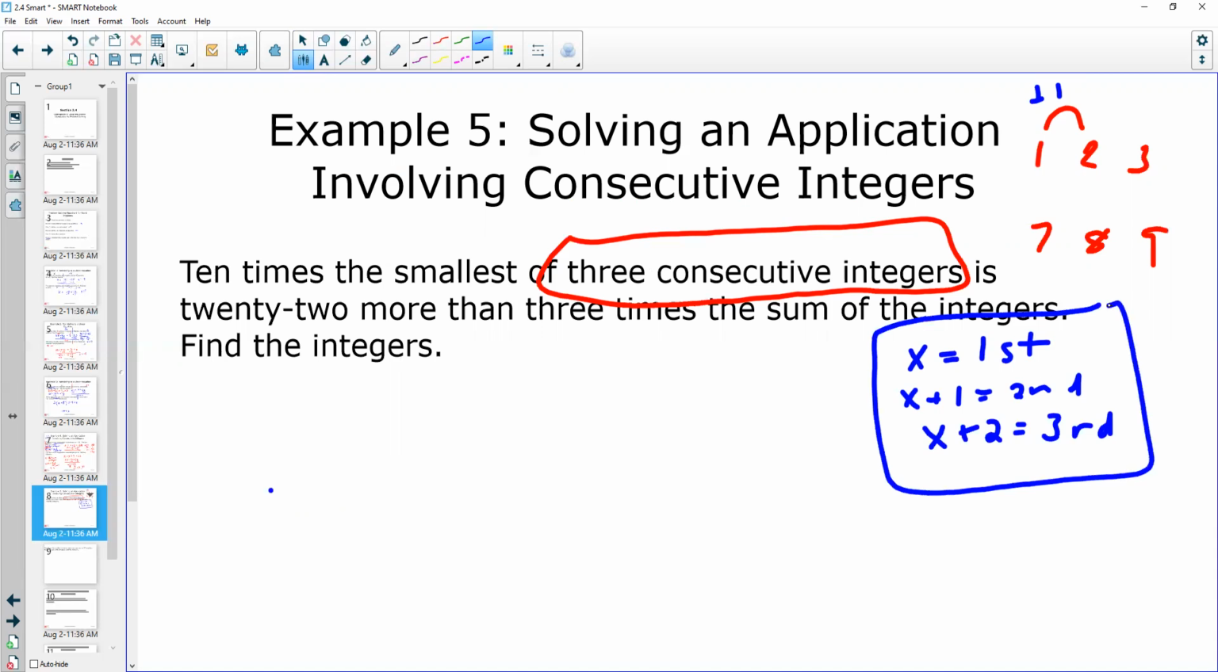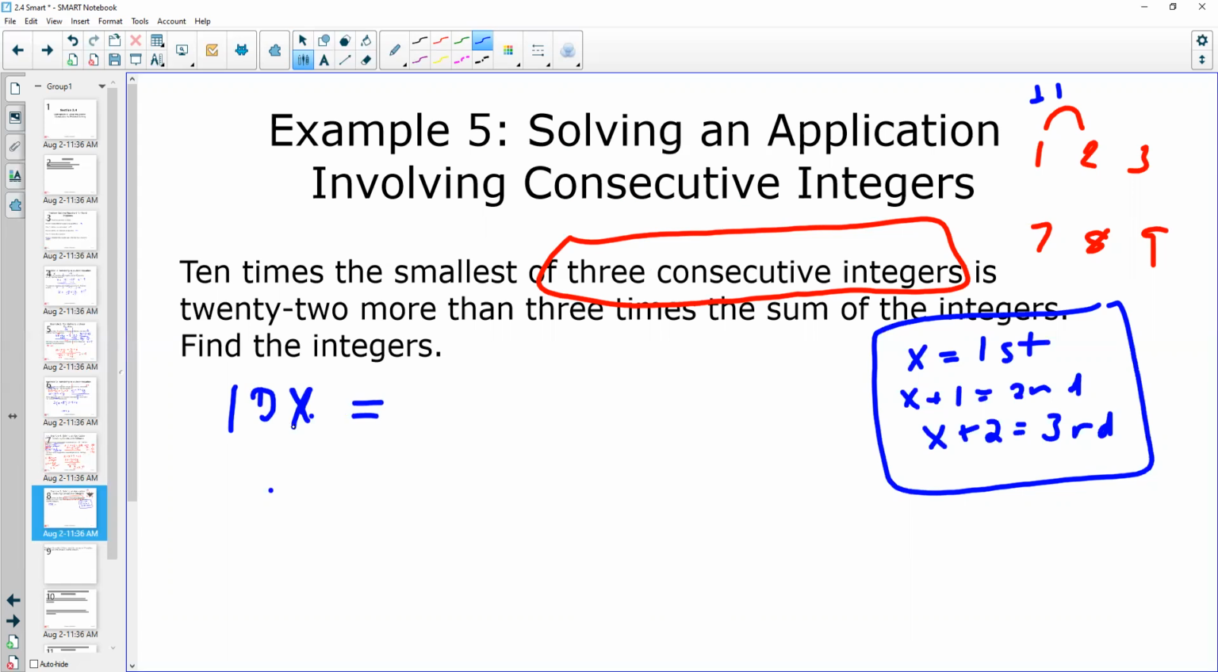So 10 times the smallest of 3 consecutive integers. Well, let's look at our 3 choices. Which one is the smallest? It's the first one, right? Just plain x. So I'm going to write 10 times x is, that's my equal sign,